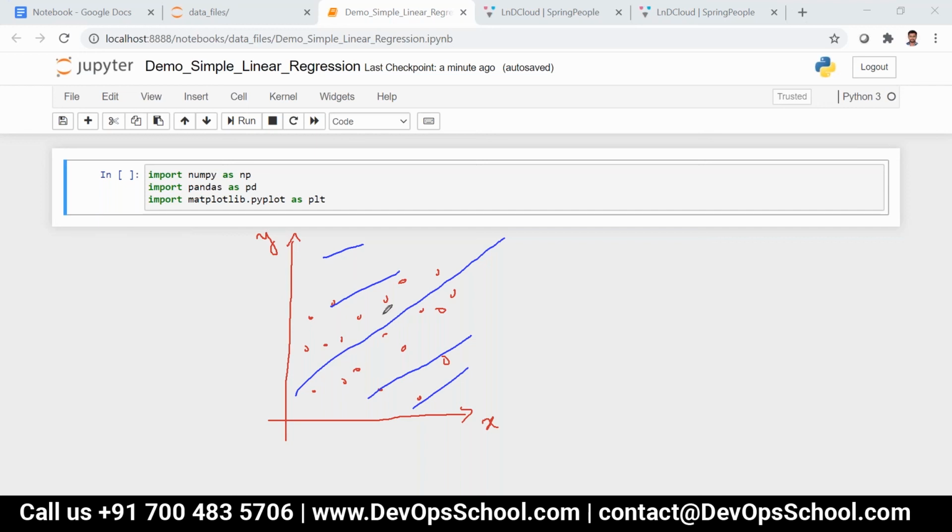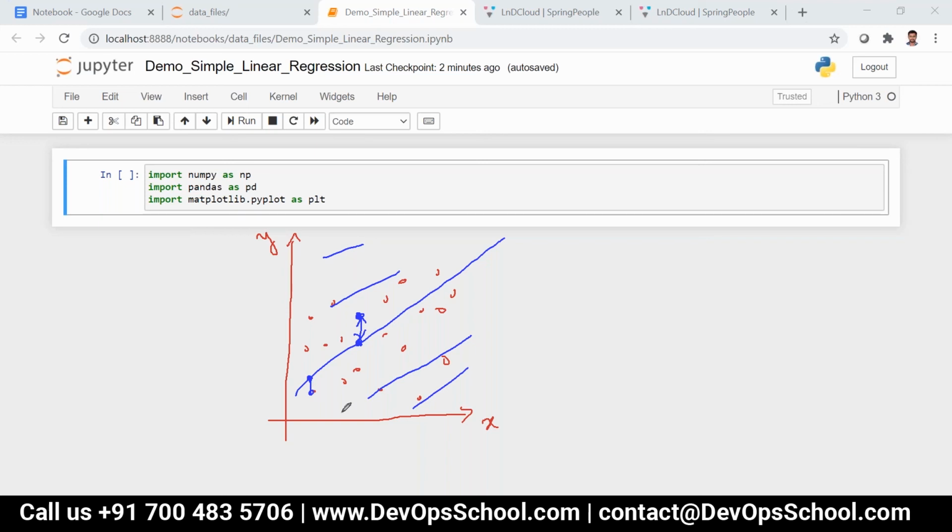For example, consider this is the actual data point, and this is the predicted data point for that. What is the difference between these two? That's nothing but error. Also over here, this is actual and this might be the predicted for this particular data point, and the difference between these two is called error.